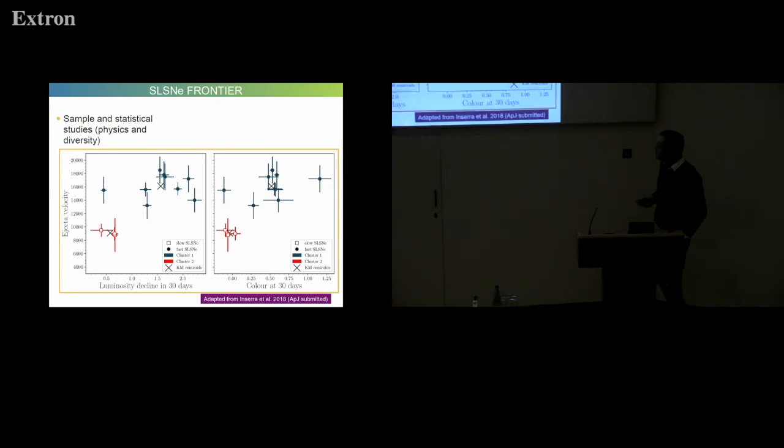Another one is that since now we have 70 superluminous supernovae, and even a little bit more if you include all the data from all the surveys, we can finally start to have analysis of samples and statistical analysis. So another study that I've done with the people in Southampton is that they used some techniques from the machine learning community and approached from a statistical point of view the diversity paradigm that I showed you before in